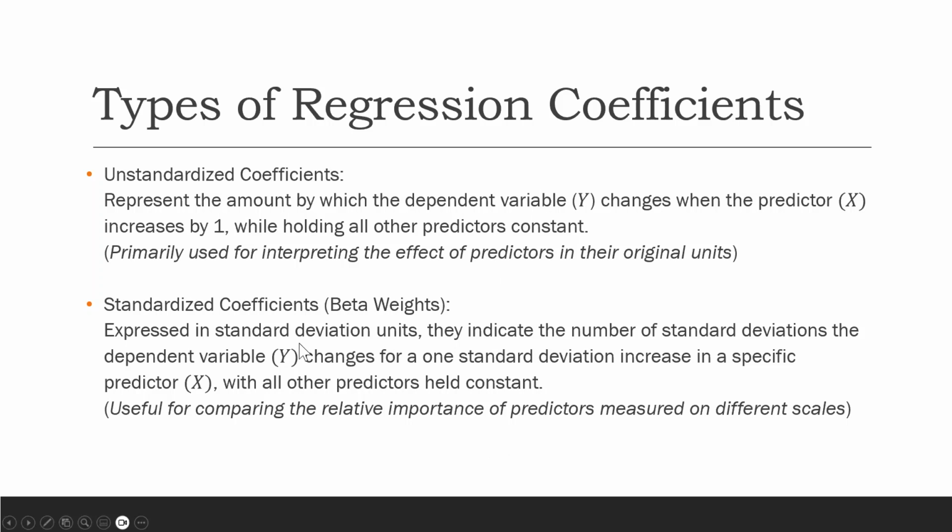They're created so that they're expressed in standard deviation units, and they indicate the number of standard deviations the dependent variable changes for a 1 standard deviation increase in the specific predictor variable, while holding all of the other predictors constant. Okay,